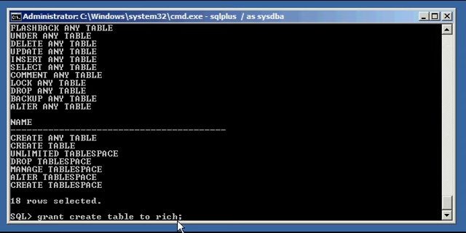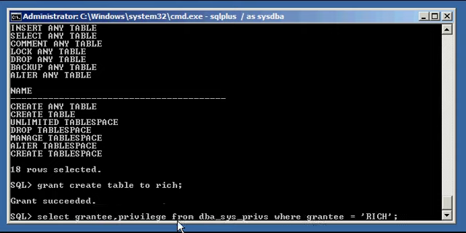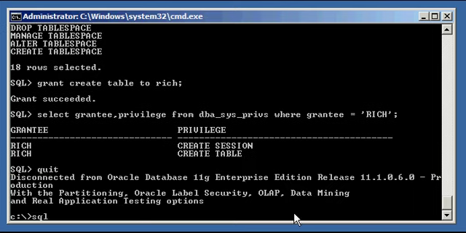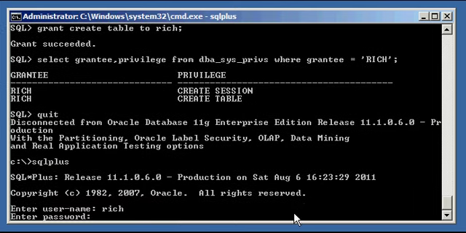Now, when we do a select grantee, privilege from DBA_SYS_PRIVS where grantee equals Rich, we will see that Rich now not only has the create session privilege, but has the create table privilege as well. So now when we connect as user Rich,